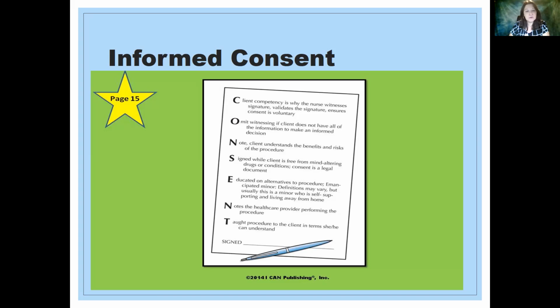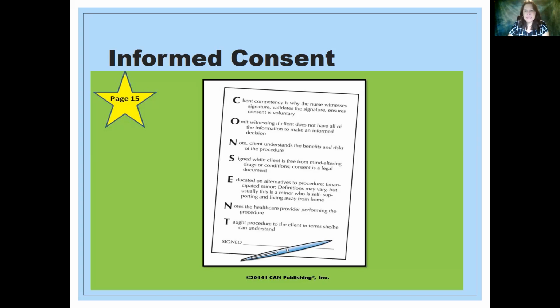In North Carolina, to provide informed consent, you must be over 18. The healthcare provider, not a delegated representative such as a nurse, should discuss all of these elements. They should discuss the diagnosis if they know it, the nature and the purpose of the treatment or the procedure, the risks and the benefits of the treatment or procedure, the alternatives regardless of the cost, the risks and the benefits of those alternatives, and then the risks and the benefits of not receiving the treatment at all. The informed consent has to be written.